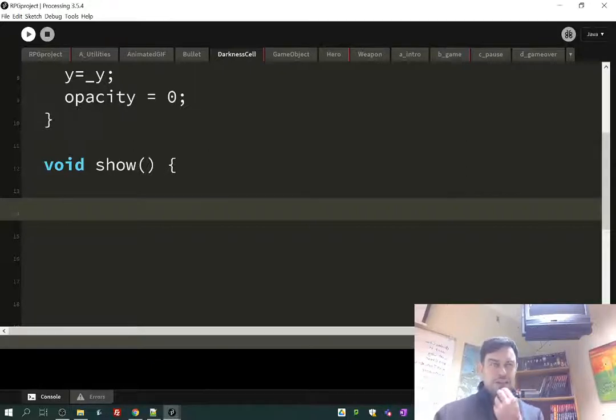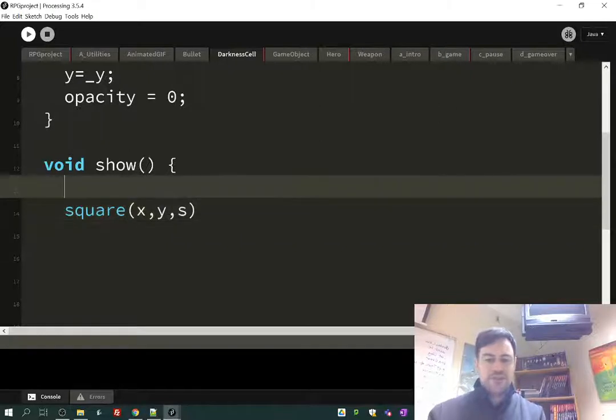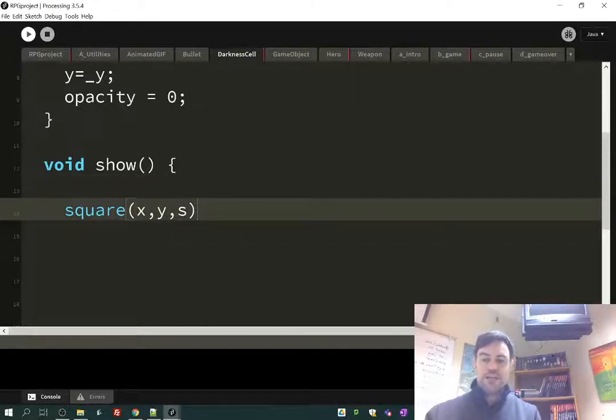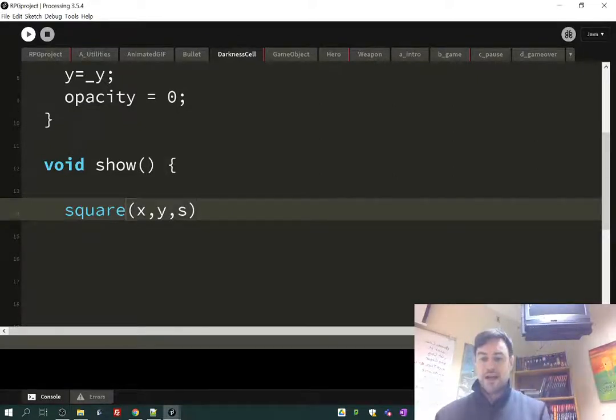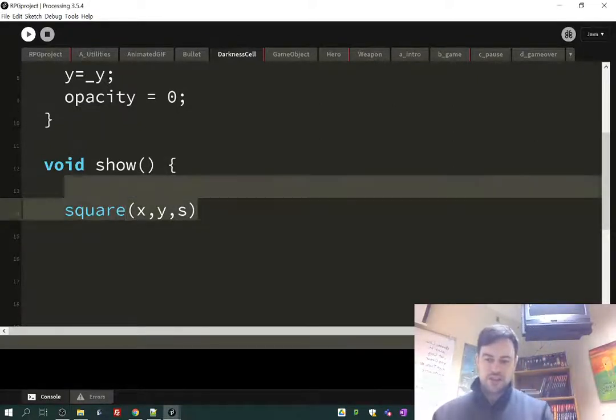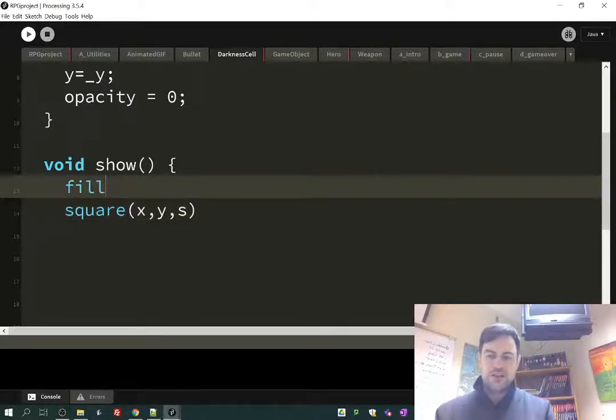Now, it's hard to test the show function until you've laid out the squares on the screen in a grid formation. So again, feel free just to program this as a square at X and Y and at size, and just fill it with some number while you're testing out the next part. And then maybe solve the show function after you've got the grid laid out. So you could just leave it like this with a fill function, whatever you need to do while you're testing it. So I'm gonna again leave show alone for now,